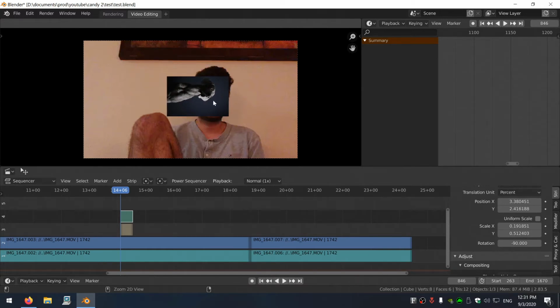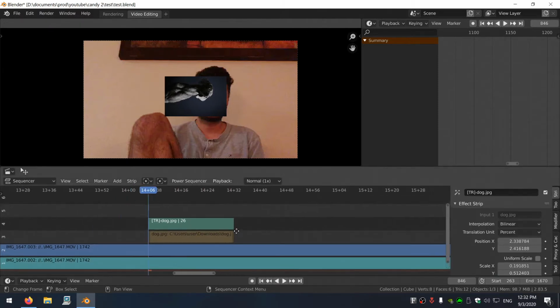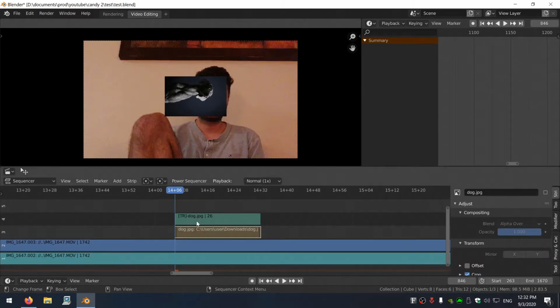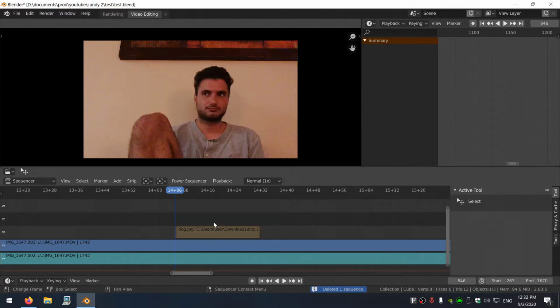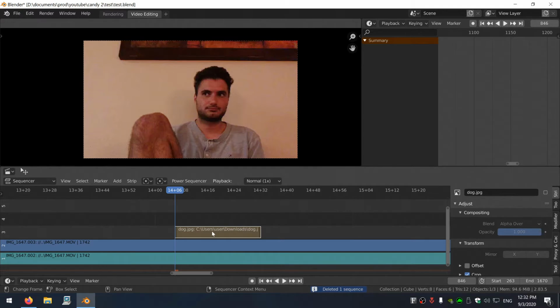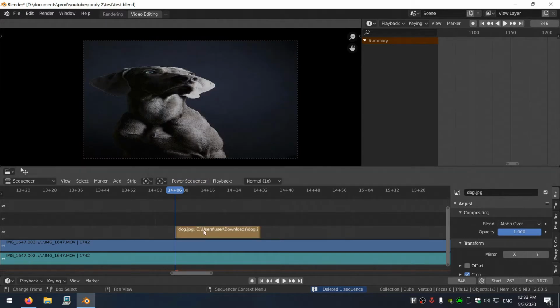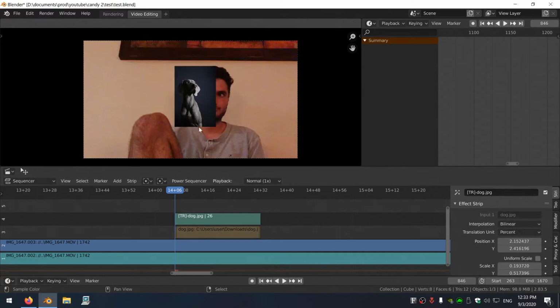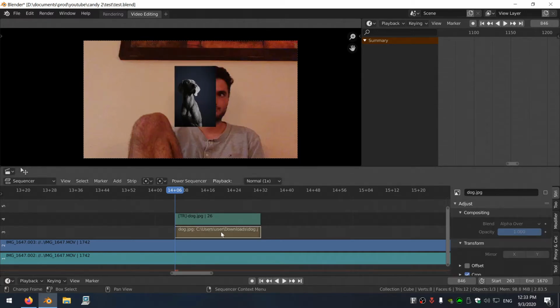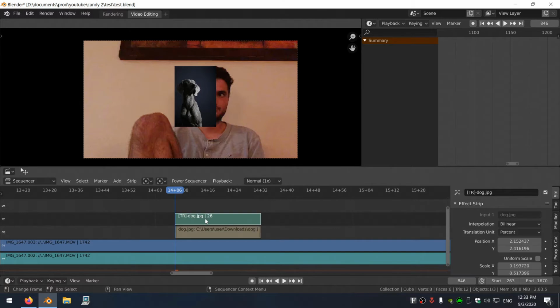moved -20 pixels there. And you can see if I zoom in here, we have our original dog strip, and the transform we made created a transform strip on top of it. So if I delete that and then unhide this strip with H, you can see the dog is normal again. Let's enable offset again and scale it back down. So when the transform strip is created, it automatically hides the strip under it, and we can click the transform